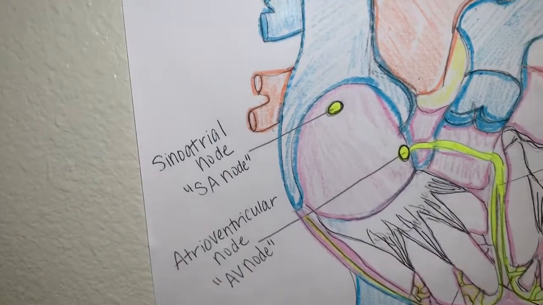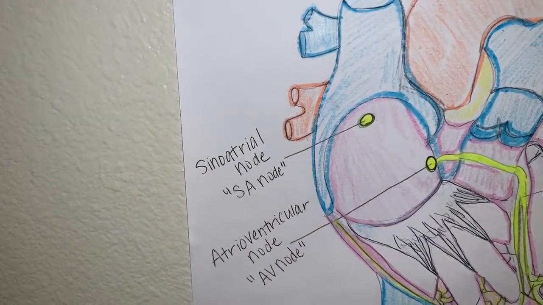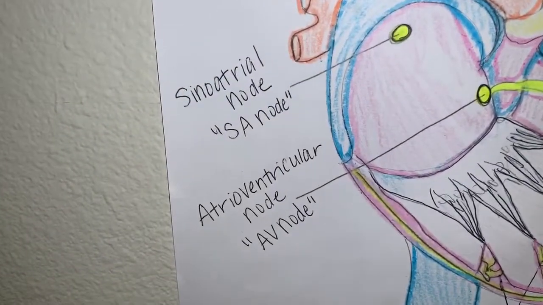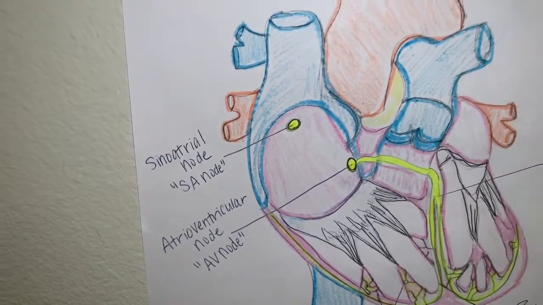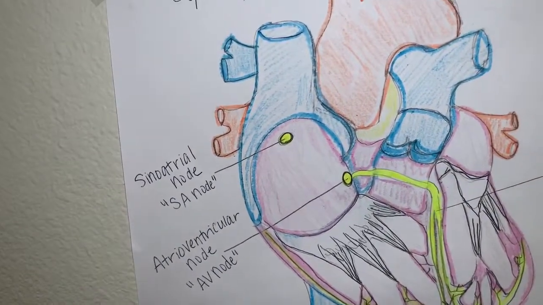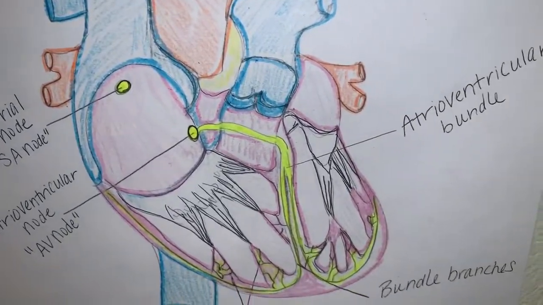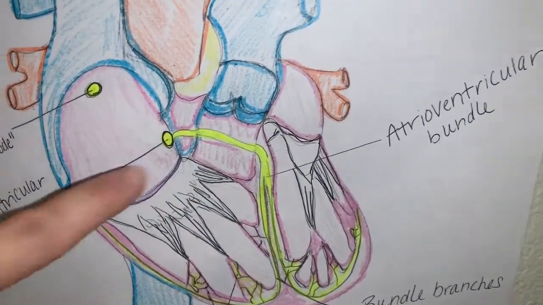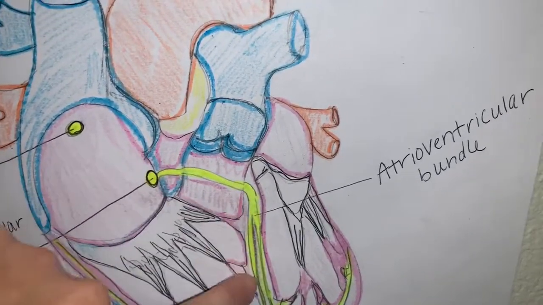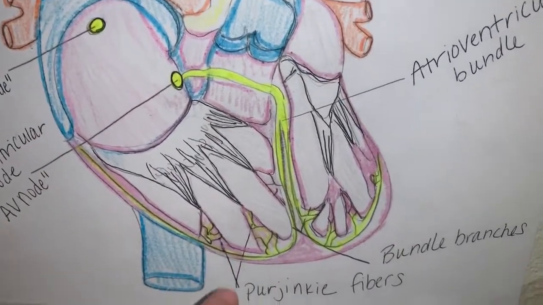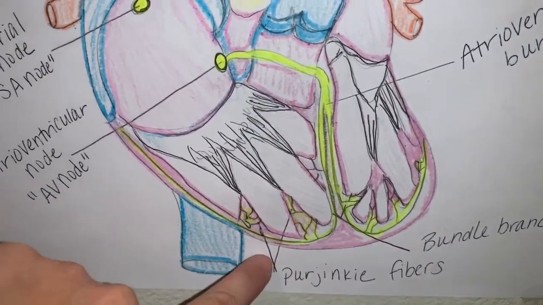It's then going to rapidly push that signal throughout the atria, and then it's going to be picked up by the atrioventricular node, or the AV node. At that time, that AV node is going to take that pacing signal and pass it down right here through our atrioventricular bundle, which is these little nerve-like cardiocytes, and push that all the way down into the two bundle branches, and then finally into our Purkinje